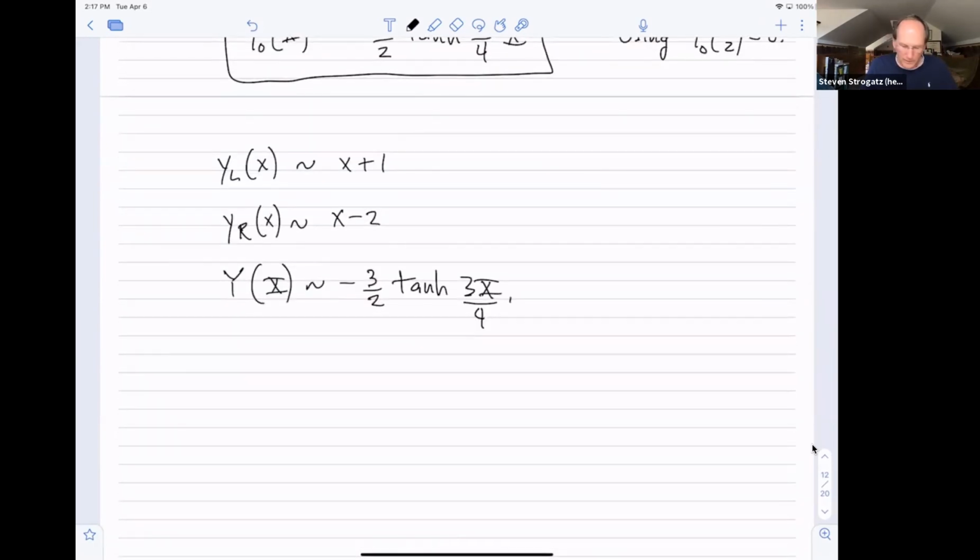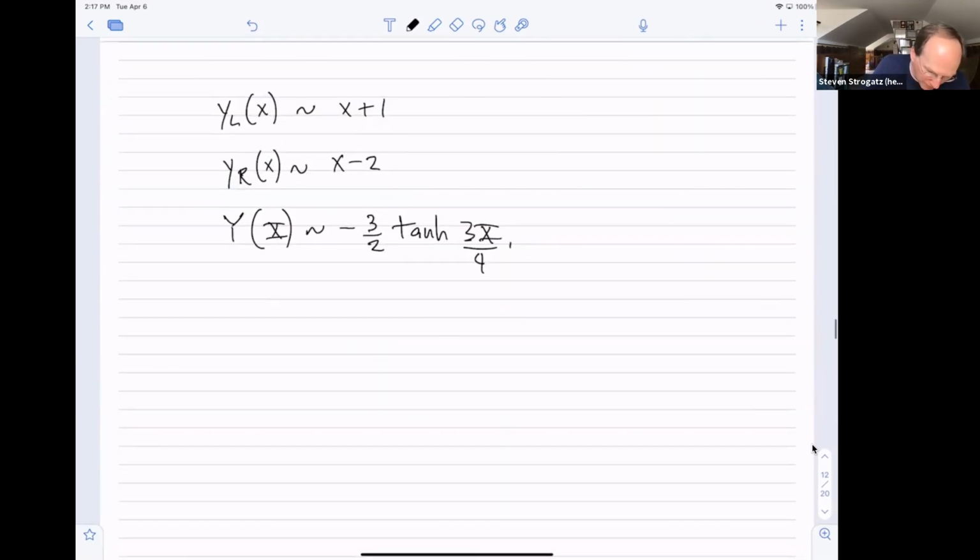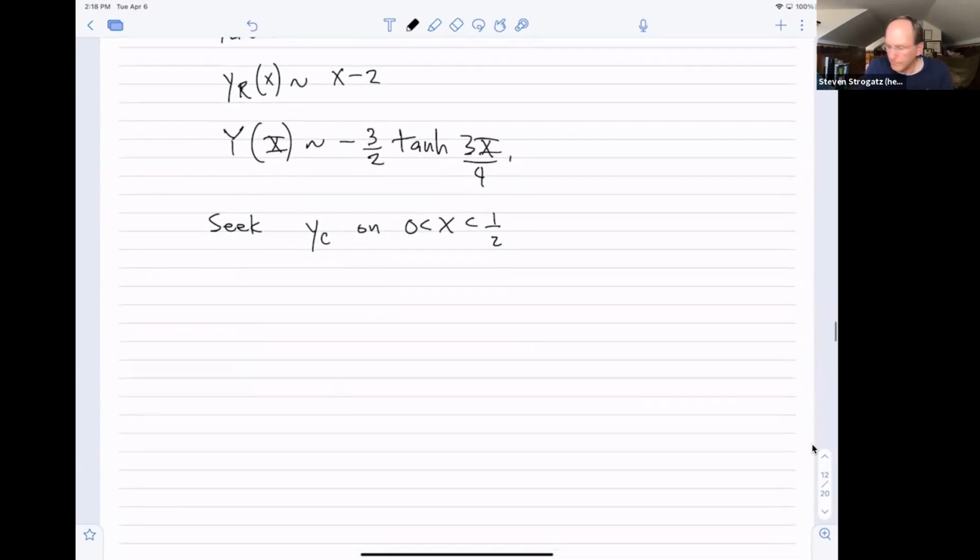And so when we write out the composite solution, let's suppose we seek y composite on, let's do the left half of the interval first. I mean, there's two halves kind of very naturally. So if we do that half, I mean, we want it on both. We also want it on x between 1/2 and 1 also. But if I just do this part,